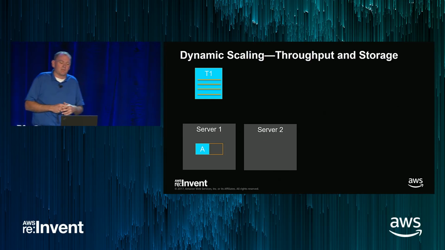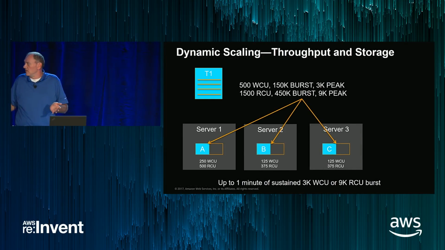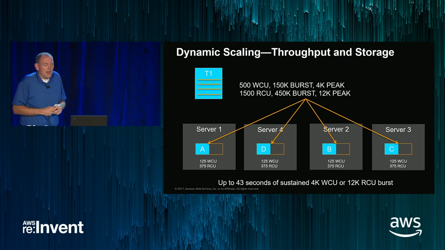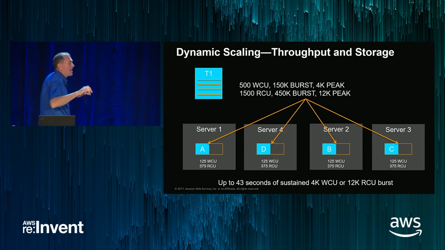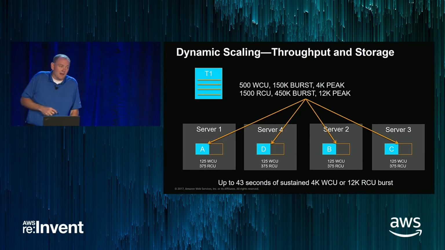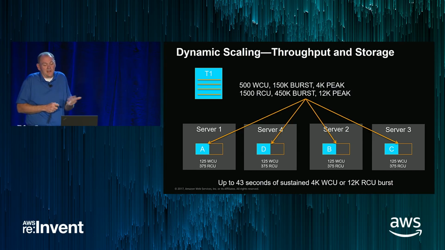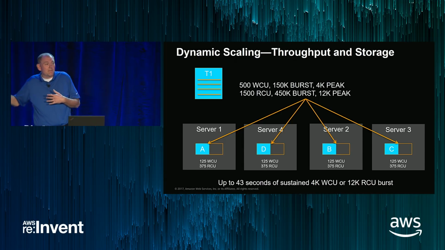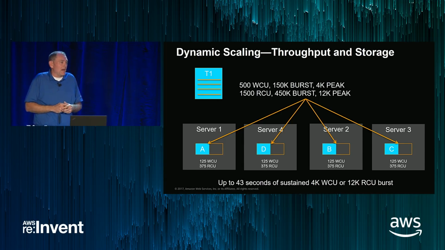So we go on, we split, add more data. Again, we start to dilute. We split again, we add more data. We start to dilute, right? And so what's happening is you can see these partition level soft limits, they're kind of falling, right? And so you say, well, gee, what happens if I don't have a fully evenly distributed load, right? I mean, now I'm split out to 4 partitions, that's great. I have a really, really hot table that can deliver a lot of capacity on burst, but what happens if I actually need one to deliver more than 125 WCU and I'm out of burst, right? So in this particular case,